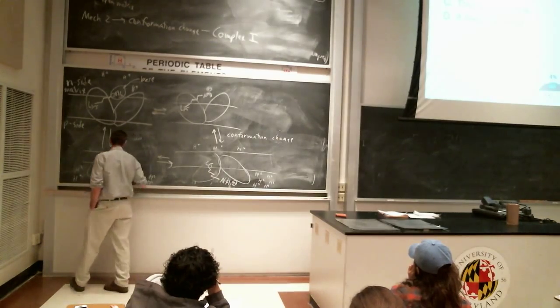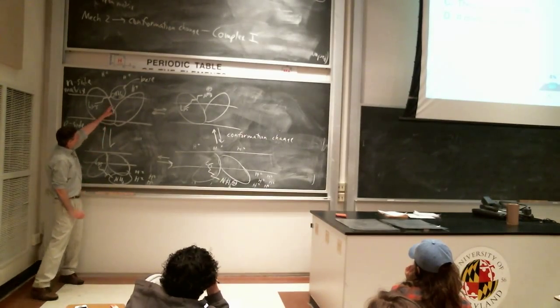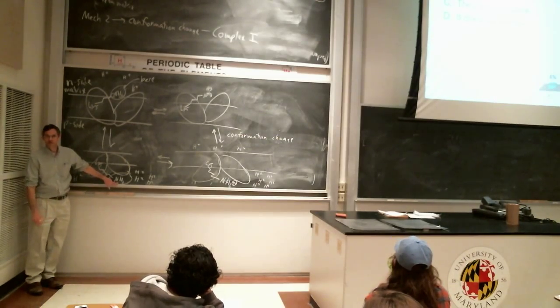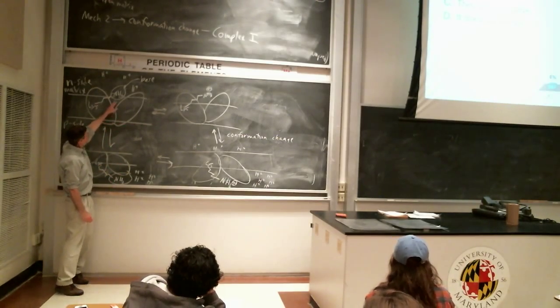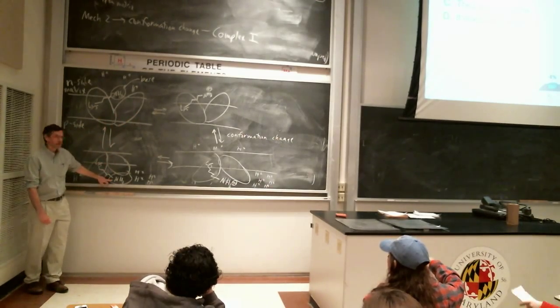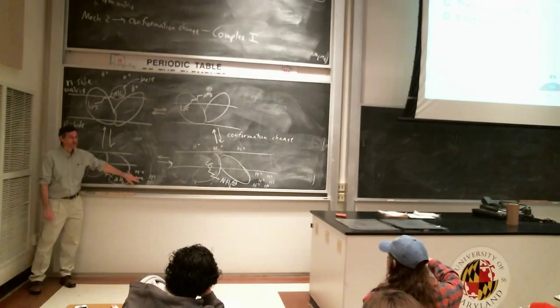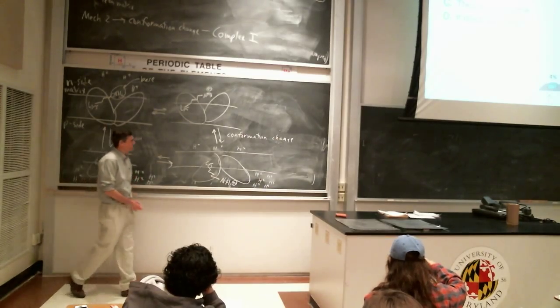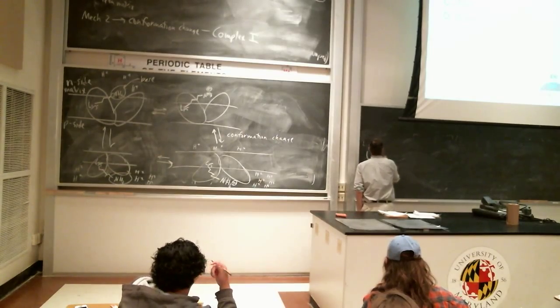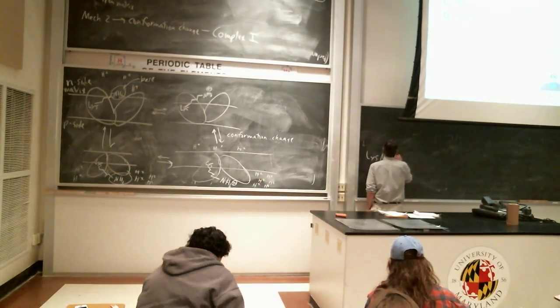You want this base to be able to grab protons, but you don't want this base to grab protons. So this base has to grab protons when there aren't very many protons. This base, you don't want it to grab protons, but there are lots of protons. Right? So the reactions, well, if we write it in the way I phrased the question,